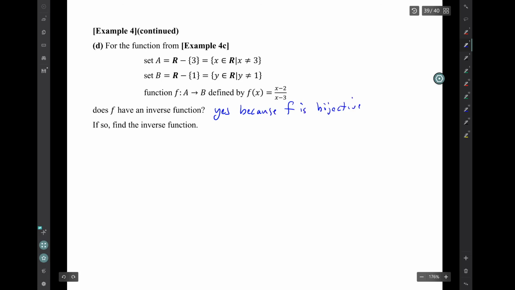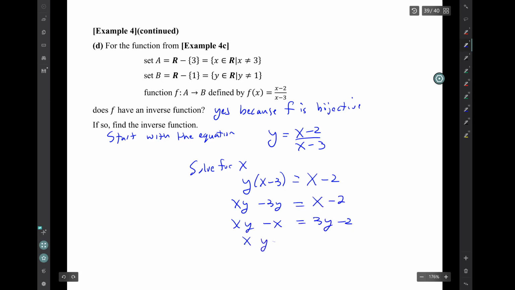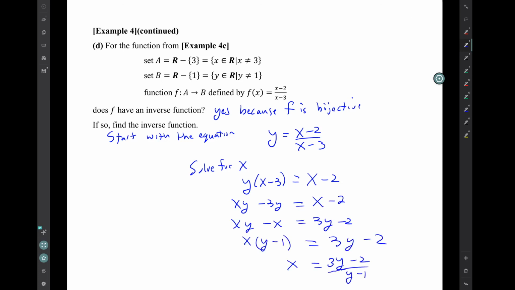So to find the inverse function, we start with the equation and we solve for x. We did this earlier, but I'll do it again. So the result is this equation solved for x in terms of y. So the inverse function is,